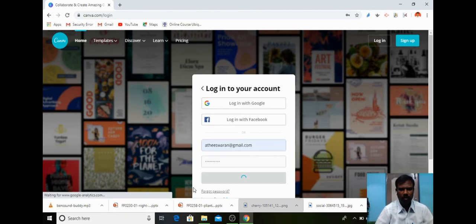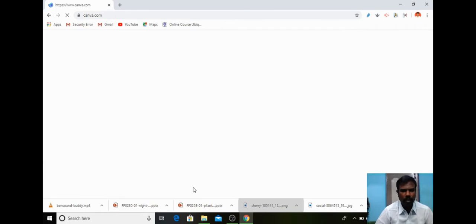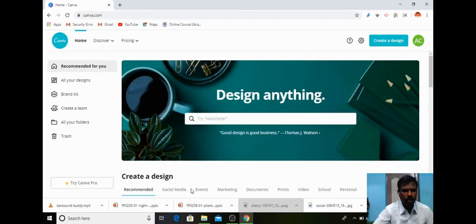With these login credentials, you will enter the customized page designed for you. On the left hand side you can see the designs which are recommended for you and the designs you have created in Canva, and the brand kit is for the licensed version, and create a team.